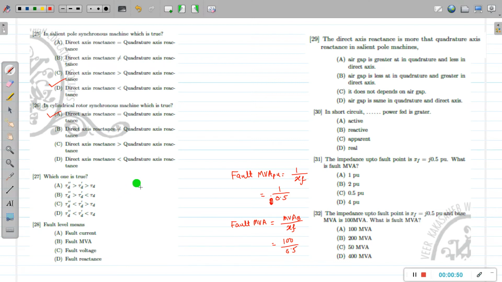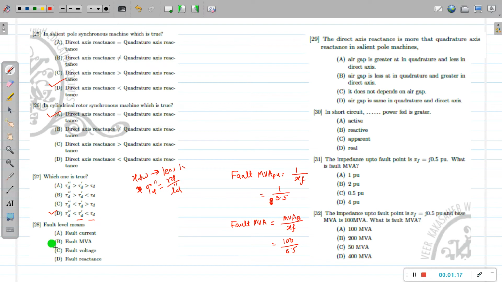So the time constant under the subtransient case is less, because the damper winding has a smaller time constant. The time constant tau d is defined as rd divided by ld. Under the subtransient state, this is ld double dash. As ld double dash is a greater value, the time constant is less in that case. So the subtransient time constant is less as compared to the transient and the steady state case.